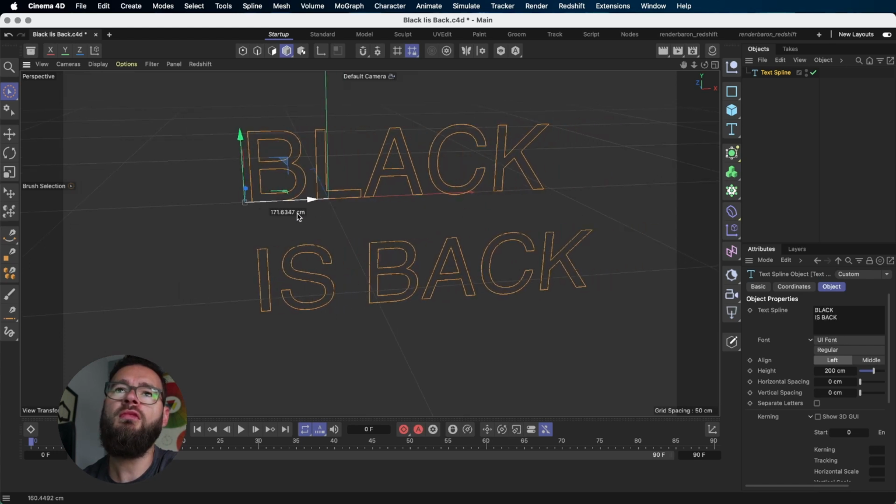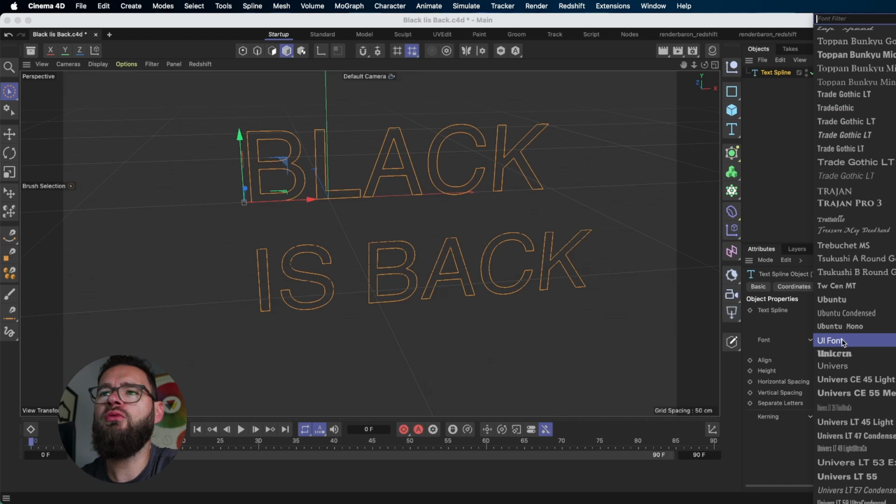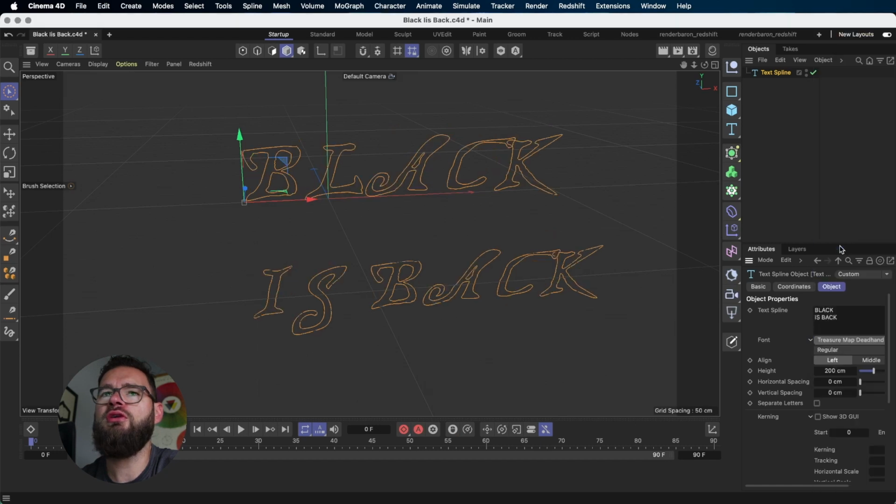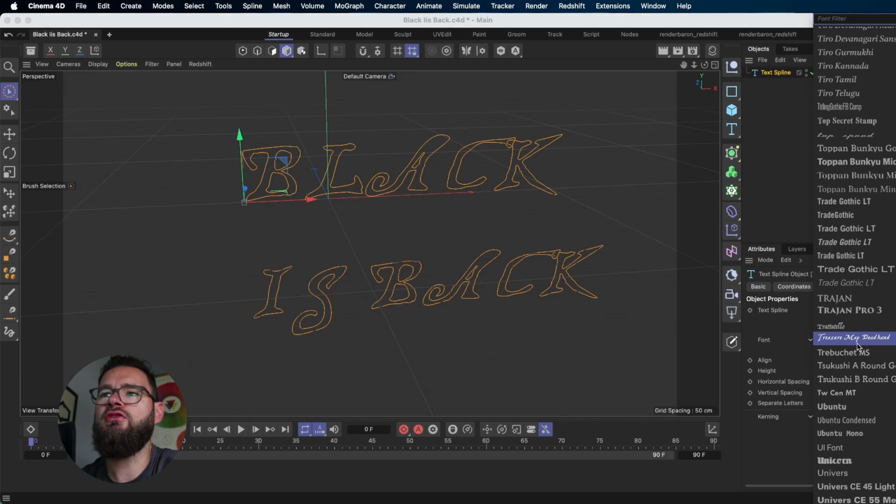Okay. However many versions ago, there was this quirk, at least with my version of it, where when you choose a font, say I select Unicorn, it does the one above it. So let's just say Trebuchet. I've selected Trebuchet and it's selected Treasure Map Dead Hand, which I did use on my son's 3rd birthday invite. But yeah, it selects the font above the one you want, which,